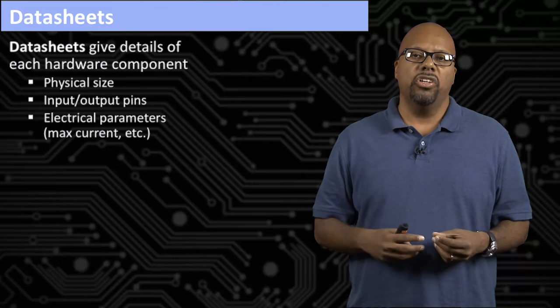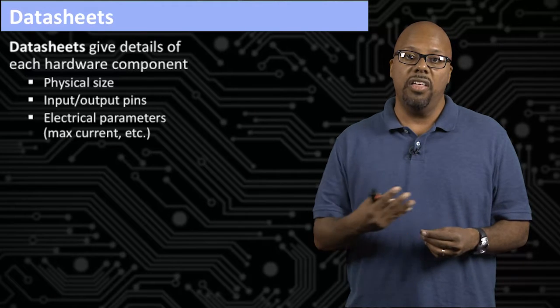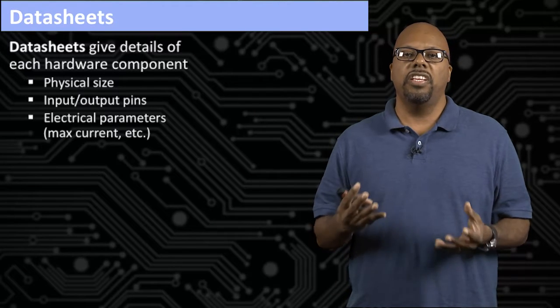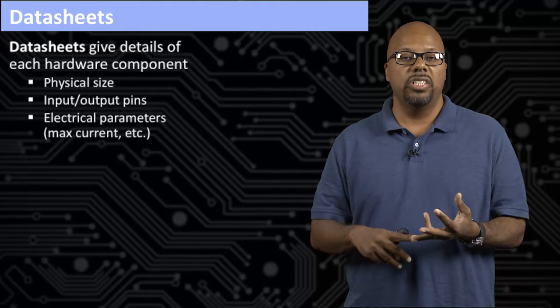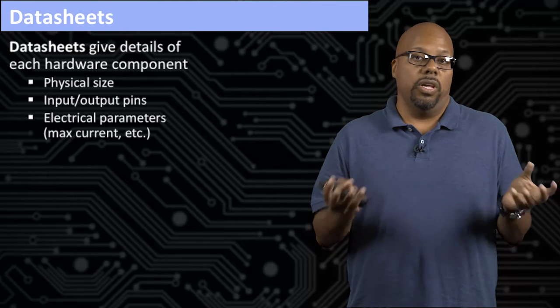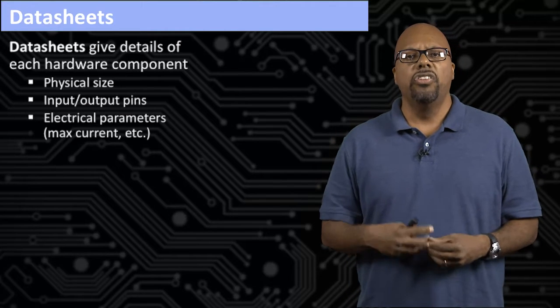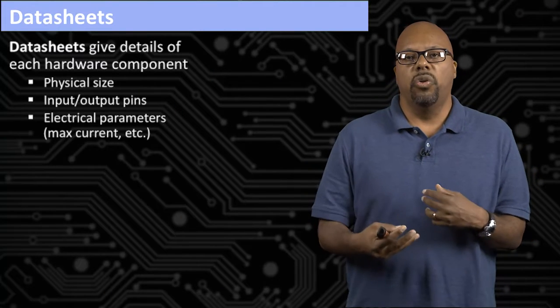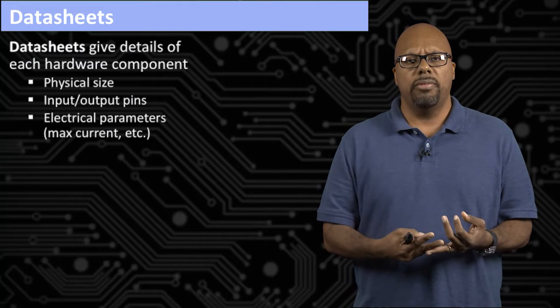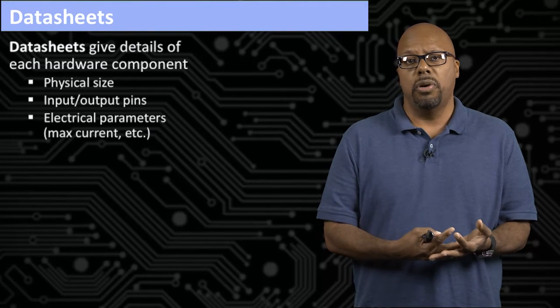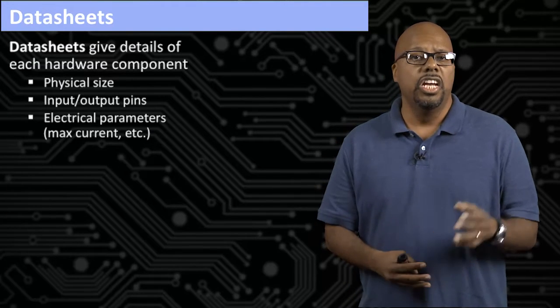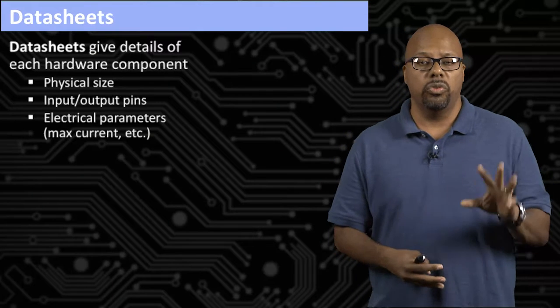Now, you start with a microcontroller, but you need other components around that. And each one of these components has different parameters, different sizes, for instance, and you might care about that. You might need this whole design to fit in a certain space, right? So you're worried about the size, different voltage, different electrical parameters, right? How much current can this component take, right? Maybe this LED can only take 20 milliamps, which is sort of common.